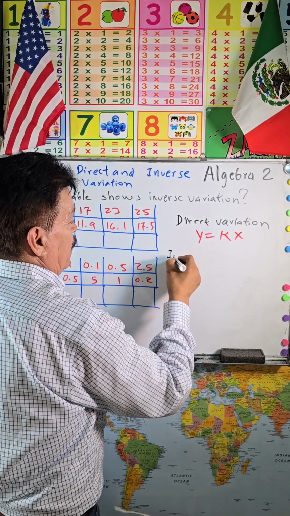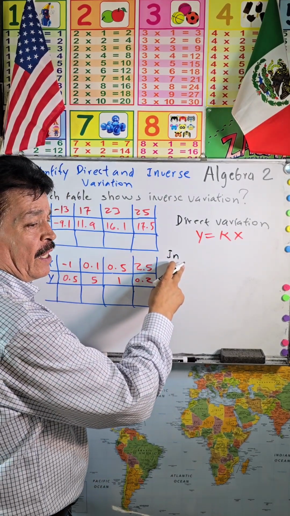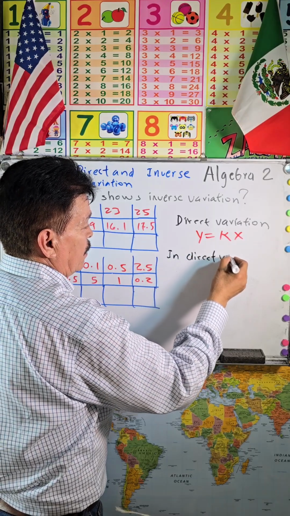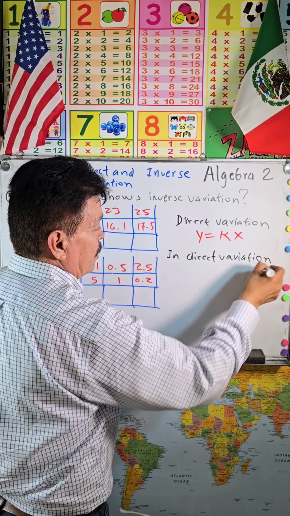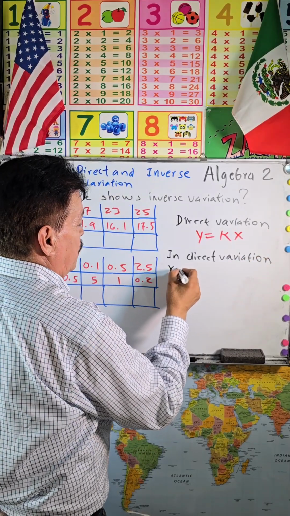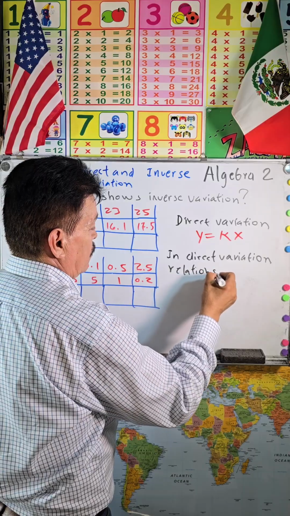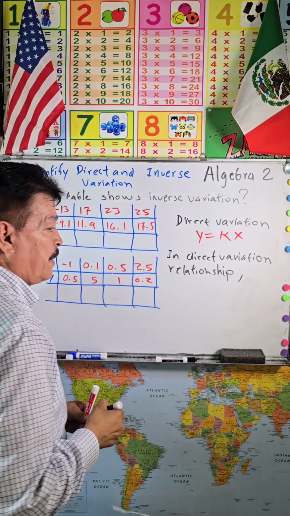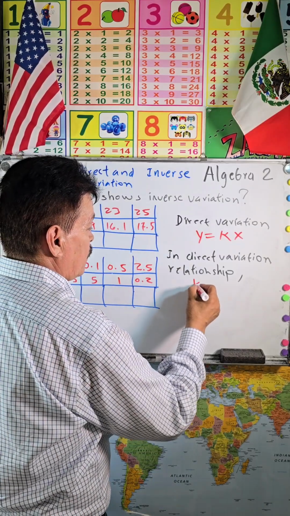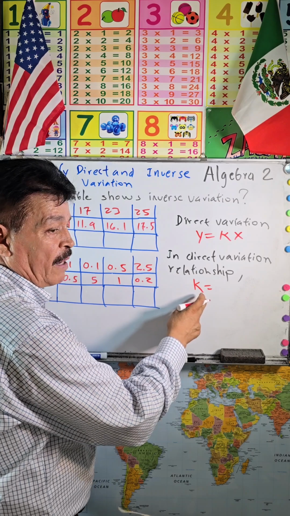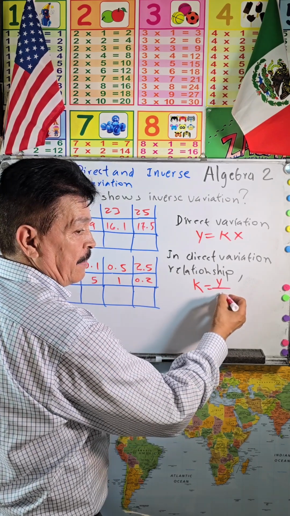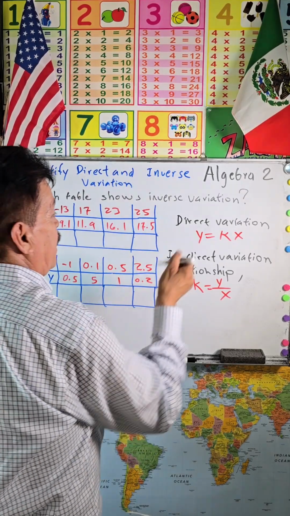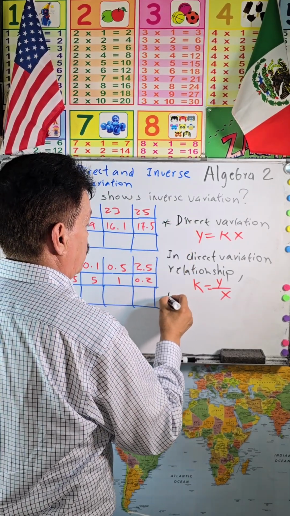From it we have k equals y divided by x, so this is the way to combine the variables. Okay, this is direct, but inverse variation